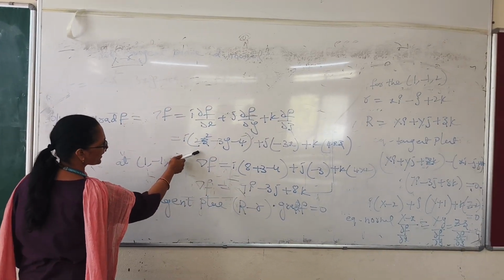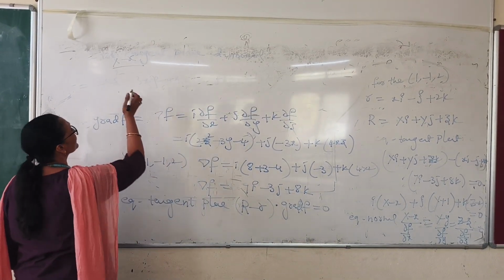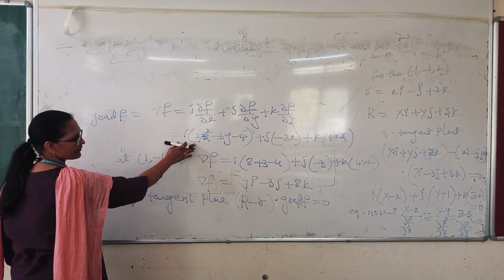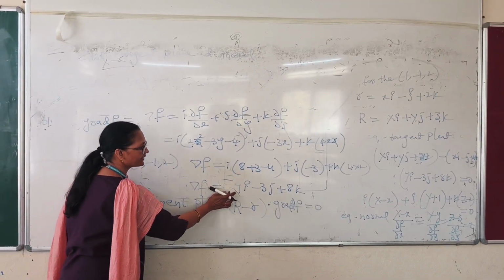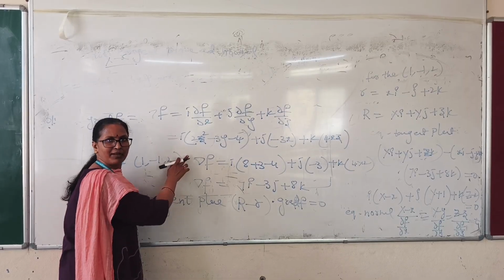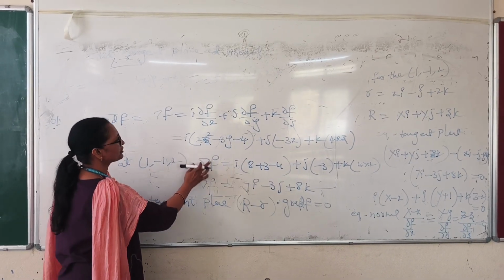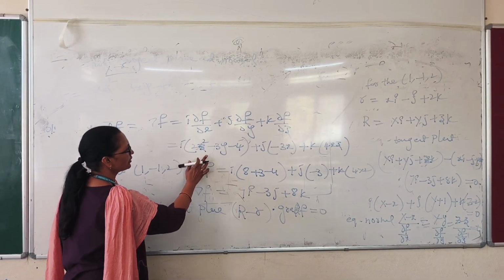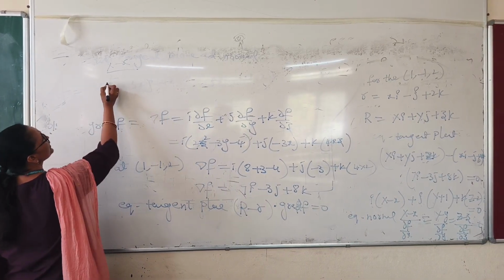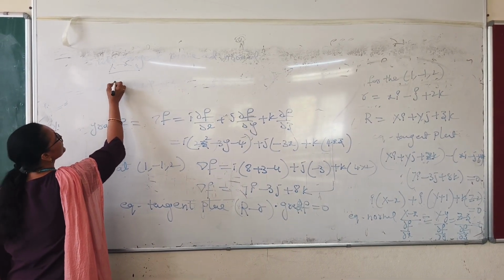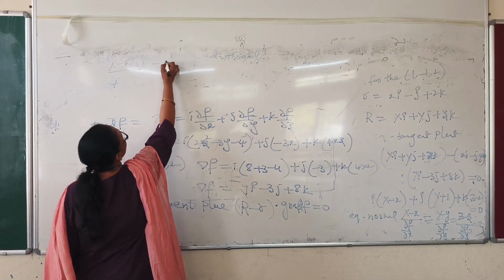So this is the way we can find the equation of the tangent and normal to the given surface F. So always, for the given surface, I have to remember that first it is required to find the gradient, whatever the surface is given. So at the point we can get it. And this is the way, with respect to the given point, we have to write small r. This is a position vector.